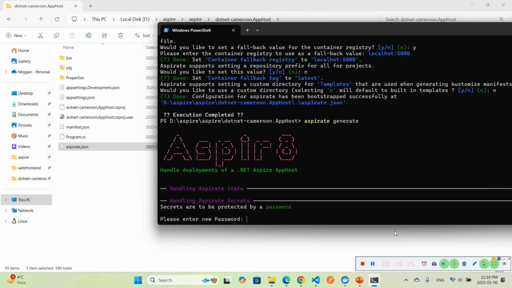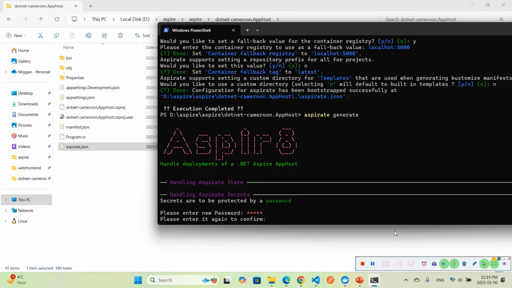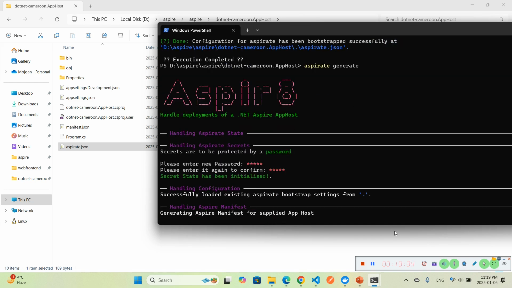First, it asks about password. This password is used for secret management. You can put anything on it, but you should remember it because we're going to refer to this password in the upcoming steps. For example, let's say my password is 12345. Retype it. And we're waiting for Aspire generate to discover the Aspire manifest file and gather the required